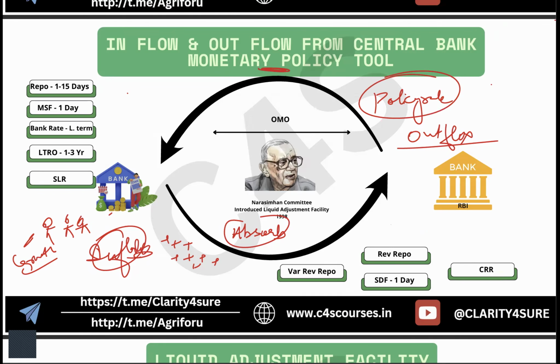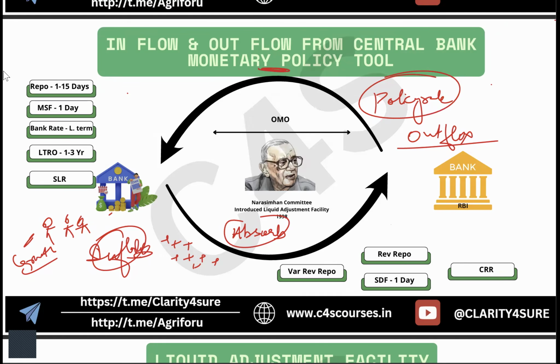It will absorb when it wants to absorb the excess money to contain inflation. It will outflux the money when it wants to have more money in the hands of the people and more growth in the economy. So inward movement to the RBI will happen through these four tools, and the outward movement, the outflux, will happen with